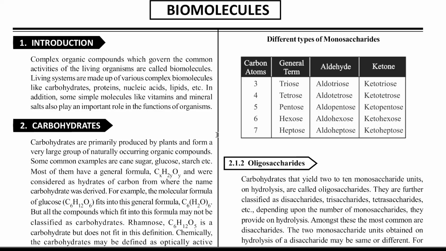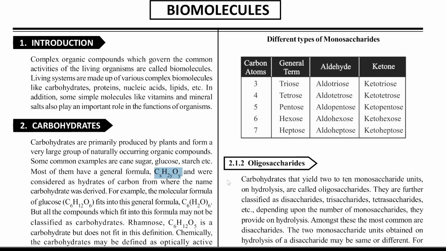First of all, carbohydrates, which is the most major part from your examination point of view. Carbohydrates are majorly produced by plants and are a very large group of naturally occurring compounds. Some examples are cane sugar, glucose, starch, etc. These are common examples. Now, most of the carbohydrates which you see around you have a general formula of